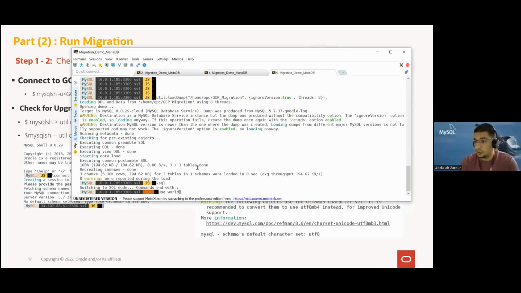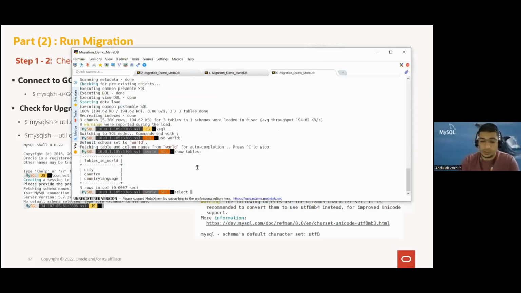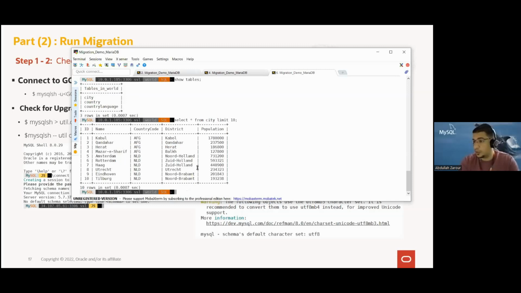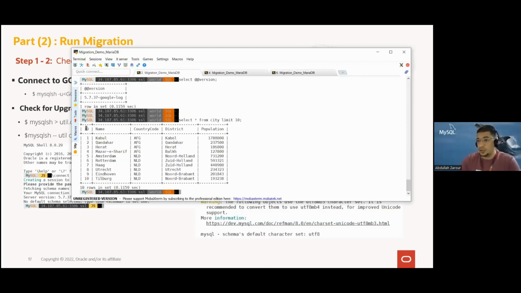World, show tables. And if you just say select all from city, limit 10. Okay, so we have these cities. We can go there and do the same here. World, it's already selected. So the same data, we have it now in OCI. So this is how you dump the data locally to your system. I will do the other